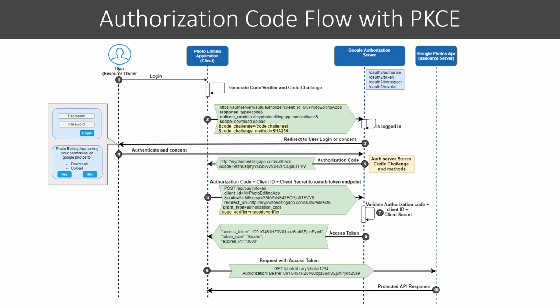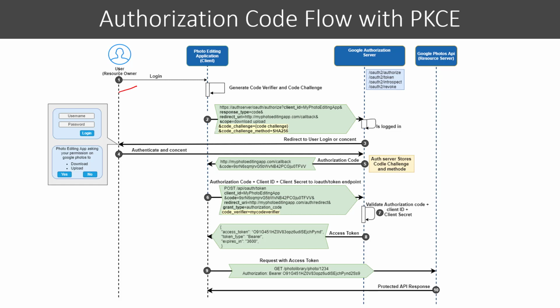When the authorization code is sent in the access token request, the code verifier is sent as a part of the request. The authorization server recomputes the challenge from the verifier using the agreed upon hash algorithm and then compares them. If the two code challenges match, then it knows that both requests were sent by the same client. So let's see how it works.